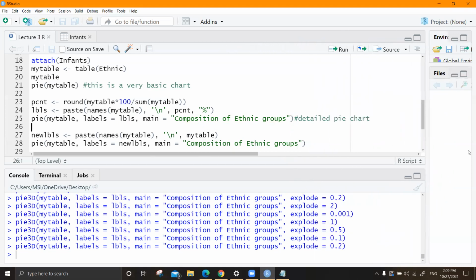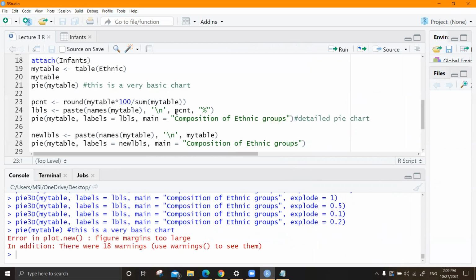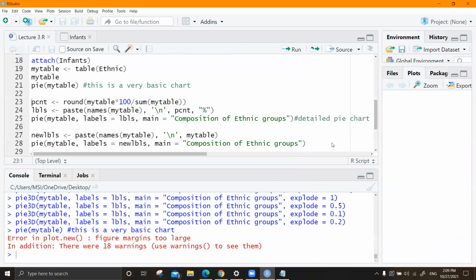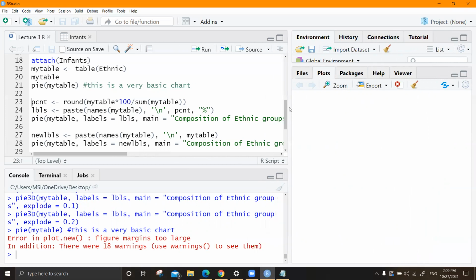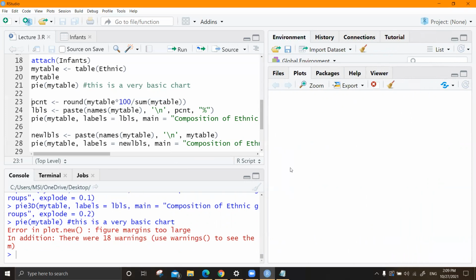Okay. I have my margin like this. And then let's say I'm going to plot this one. Figure margins too large. And when I expand this, still I'm not getting anything because this code line is already compiled. So if I were you, what I'm doing is I'm setting the window to an acceptable size and then recompiling this code line.